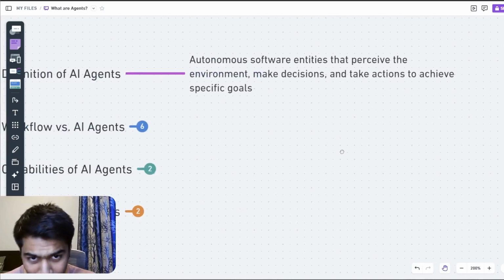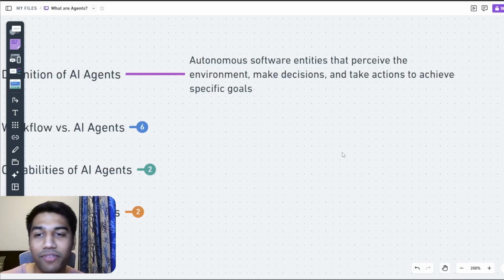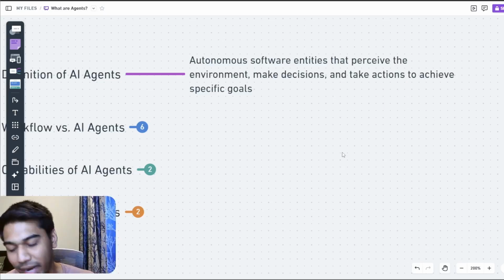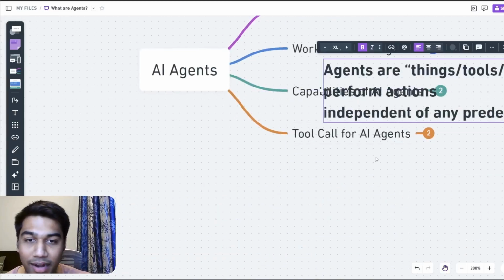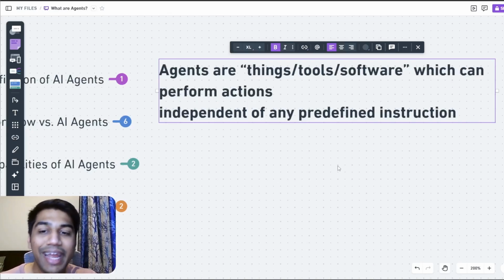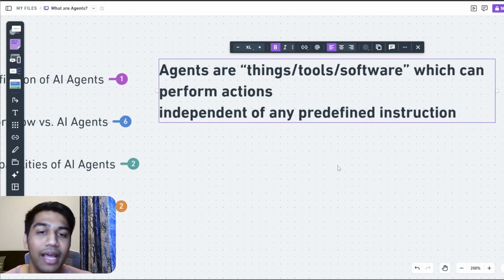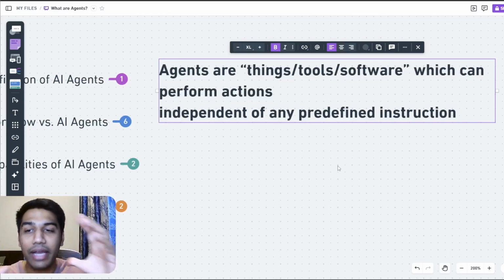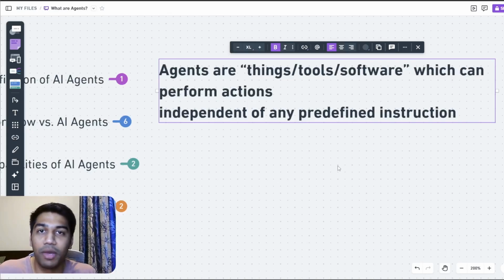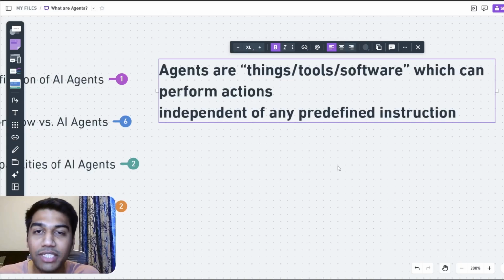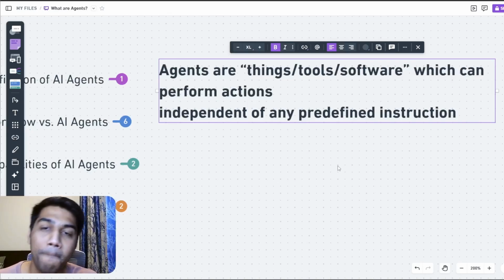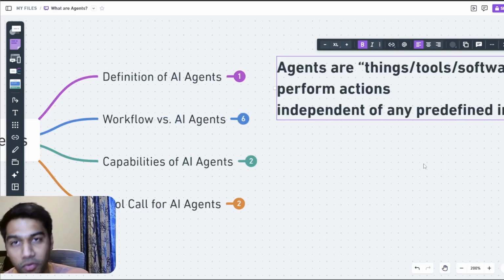So first things first, what is this? Autonomous software entities that perceive the environment, make decisions, and take actions to achieve goals. Right? This is such a boring definition. I have a simpler one that you can probably understand easily. Agents are just tools or software which can perform actions independent of any predefined instruction. And that's the most important part. Agents themselves have access to a lot of things, and they can do what the user wants, or do things that other people want, or what they themselves want. So an agent is literally someone having access to a lot of tools and the ability to do a lot of stuff. I'm going to show you the difference between an agent and a workflow,